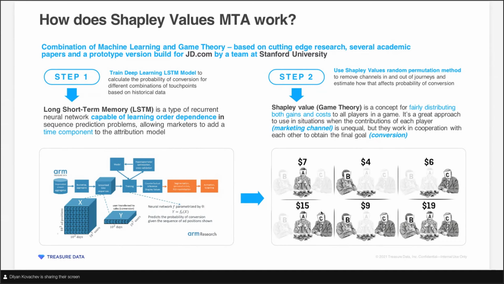In this case it's 0 or 1, so all of these would add up to 1, because the final goal is we're trying to predict whether the probability to convert was close to 0 or close to 1. When you add these to 1, those end up being the attribution percentages. Like in the deterministic models, it would add up to 100%, but it wouldn't be 1 or 2 channels getting all the credit.